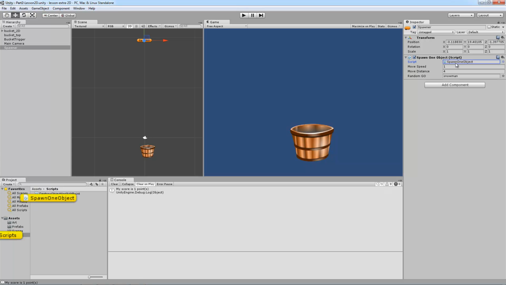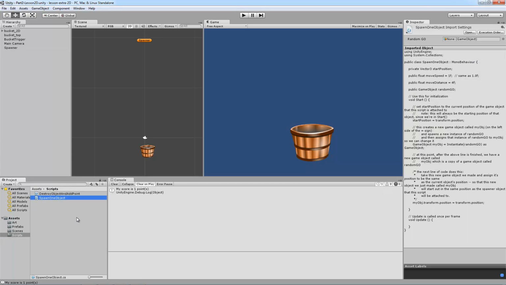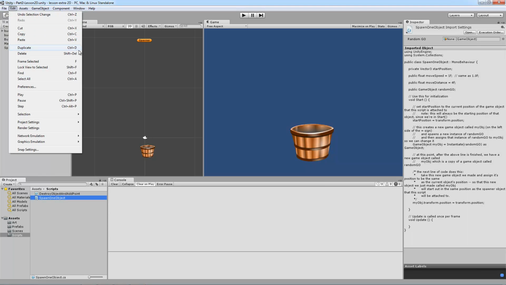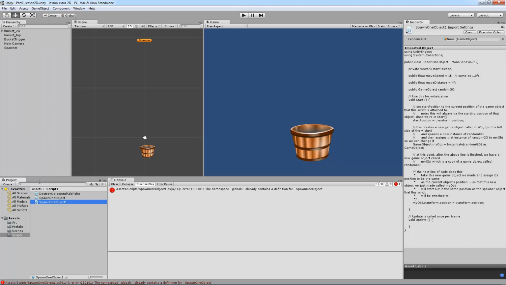Let's go ahead, and I'm actually going to take our spawn one object code. I'm going to go up to edit and duplicate, or you can do Control D or Command D on the Mac if you prefer keyboard shortcuts, and you should, by the way. Now it's going to give us an error because we've already got something called spawn one object, which we know. I'm going to click over here, or you can right click and choose rename, it doesn't matter, and call this spawn